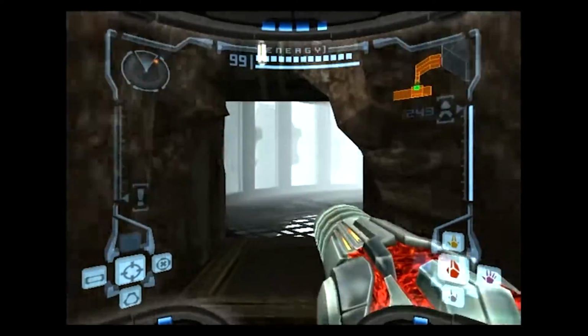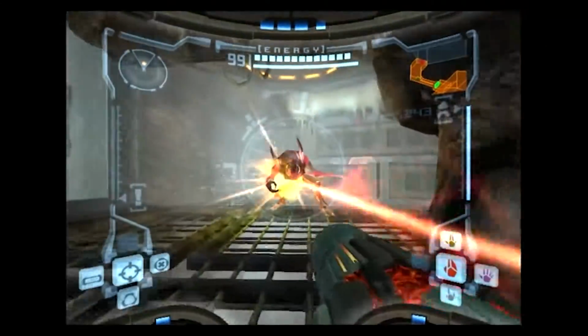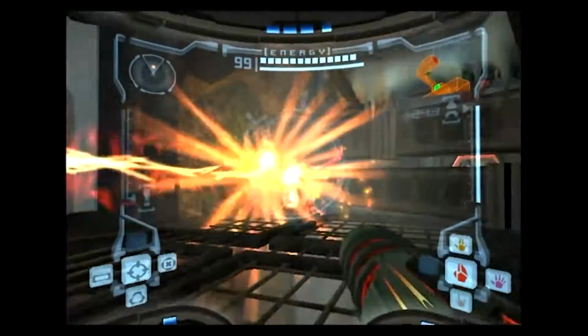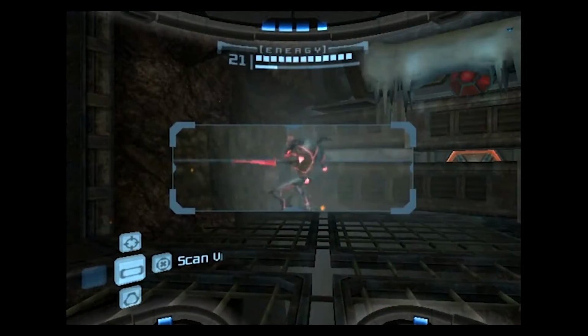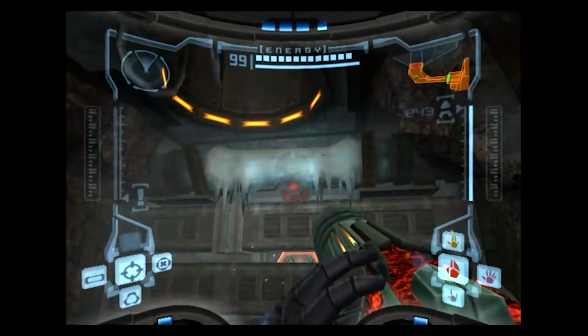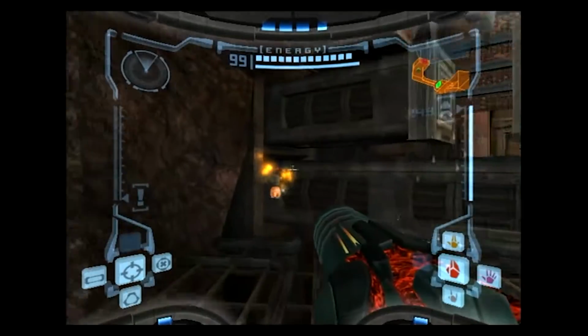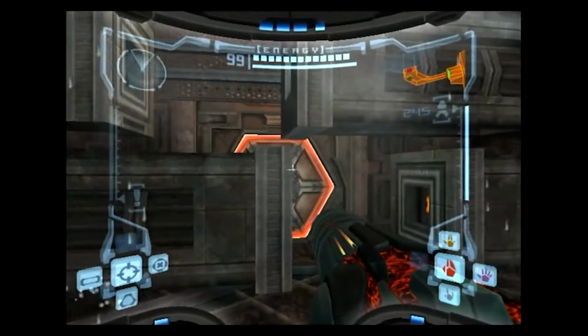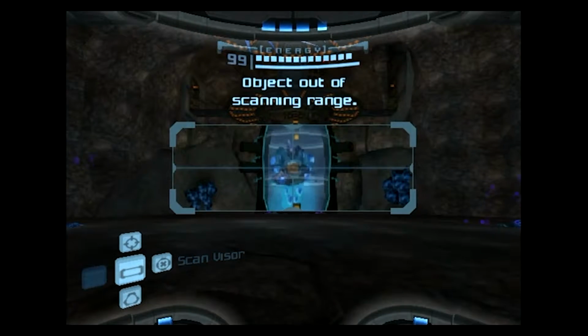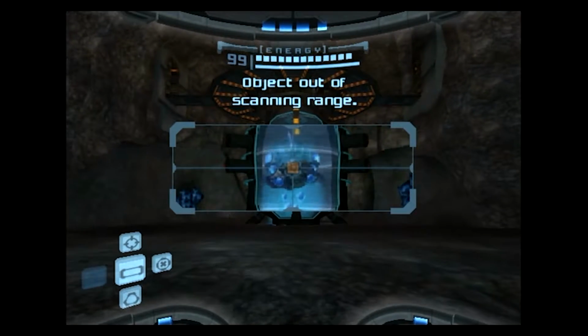But we're almost at the Omega Pirates. We just gotta take care of this straggler. Come on. There we go. Keel over and die. Okay, and gotta aim. There we go. 245 missiles. You've got 1 missile pack left and 1 energy tank left. Now, fun fact, you can actually...